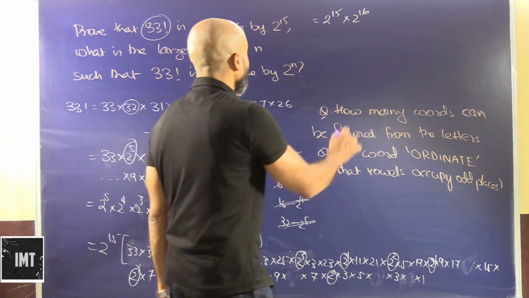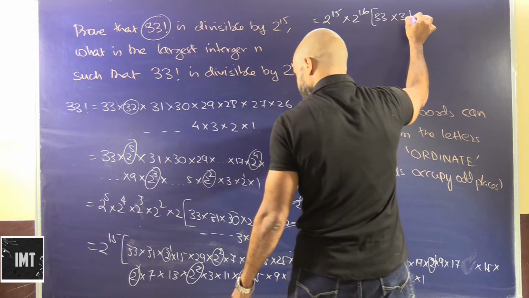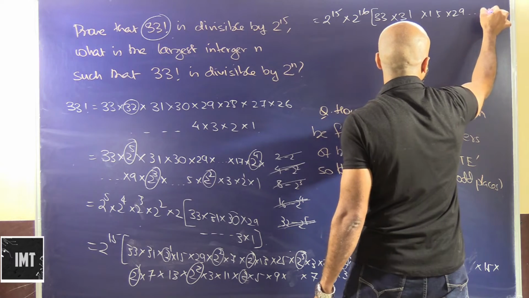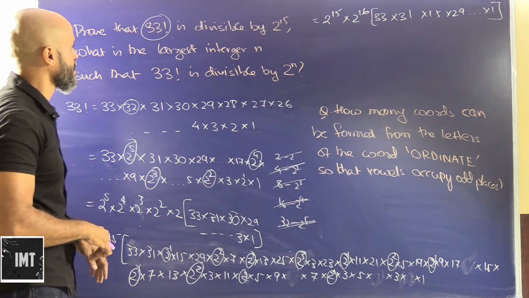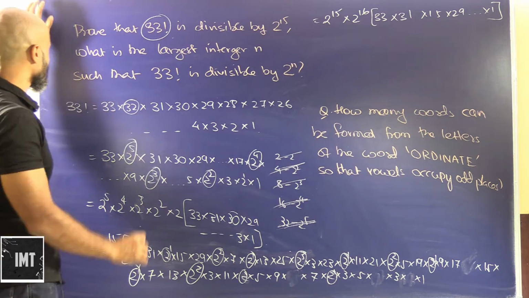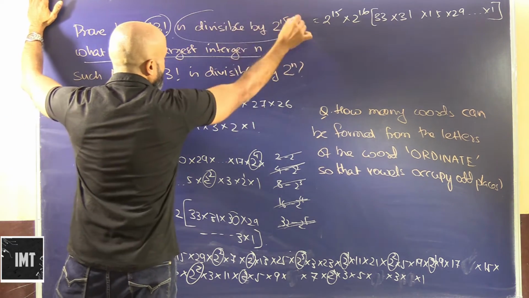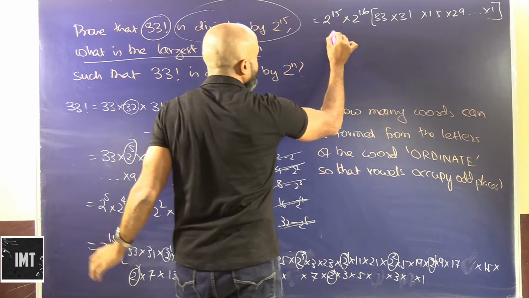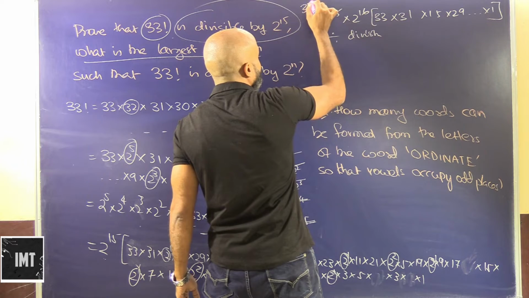Okay, now inside we will have all these numbers 33, 31, then we have 15 into 29 and so on and so forth till 1. It is a wrong sequence of numbers, so we cannot align any sequence out here. Okay, so this part is already done. What is the largest? Okay, so it is divisible by 2 to the power of 15. Why? Because see, this definitely is divisible. This is nothing but factorial 33 only.